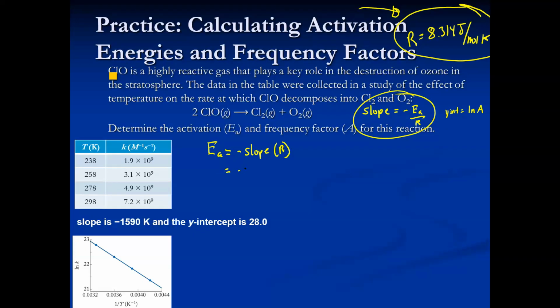So negative 1590 K times our R, which is 8.314 joules per mole K. K crosses off. And our activation energy ends up being 1.32 times 10 to the 4th